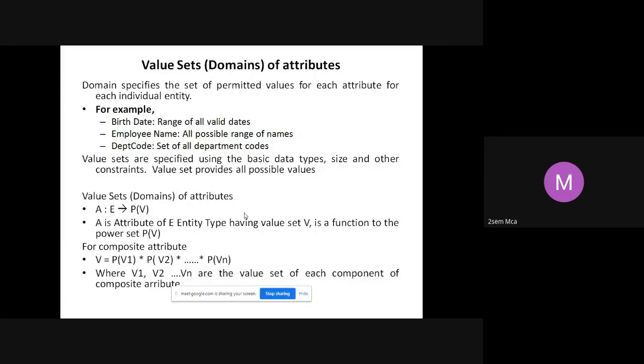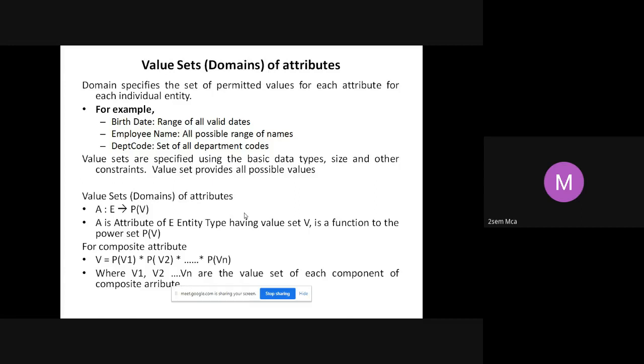If the student is born today, or if the date of birth is yesterday, I cannot accept that. That is not the range of values which are permitted. Date of birth means maybe a 18 to 22-year-old student, somewhere in that range only I can accept him or her as a student. So your date of birth should always be within that range. You cannot write a date of birth which is today's date. You cannot write a date of birth which is last year's date. All that is not possible.